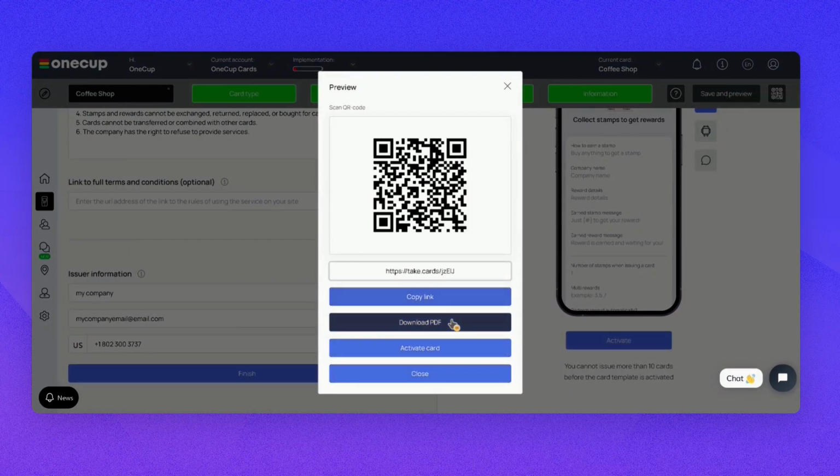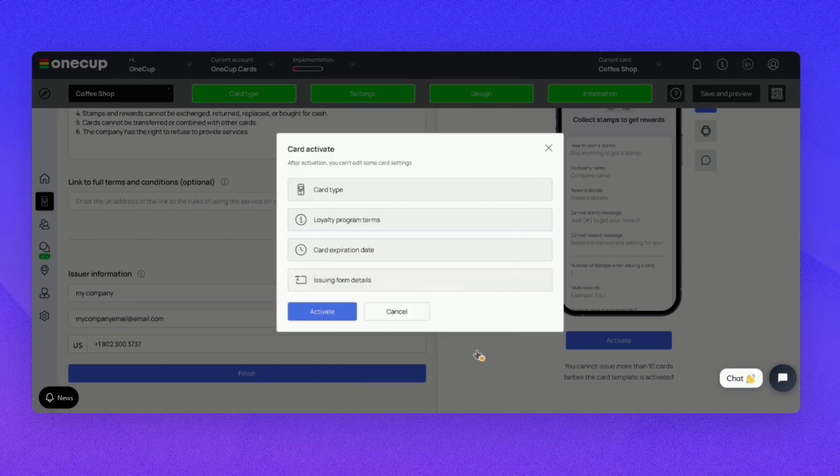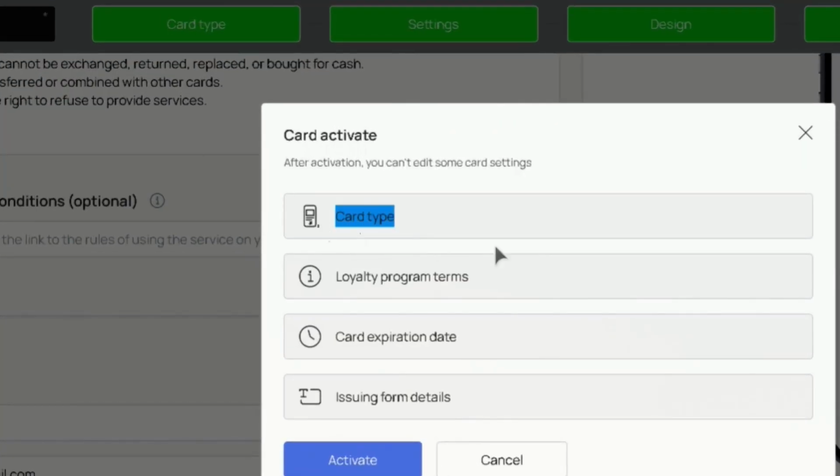Before launching and activating your card, it's crucial to conduct a test phase. This can be done by installing the card on up to 10 different devices, allowing you to ensure everything works seamlessly before it reaches your customers. Once you're confident with the card's performance and ready to go live, you can activate it. Remember, after the card is activated, you won't have the option to alter the card type or the terms of